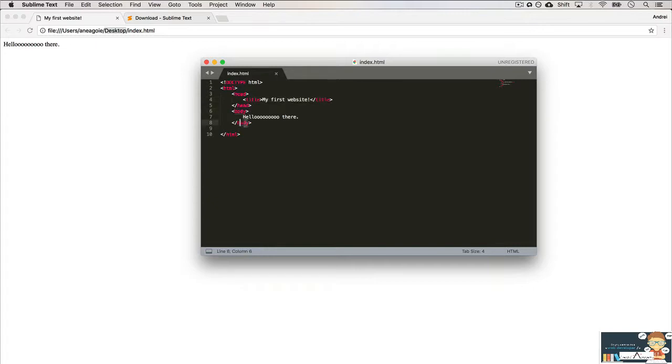And then we have the body, which by looking at this, we can assume that it's whatever shows up onto the web page. Before we expand on this and make it a little bit, well, prettier, because now it's just simple text,